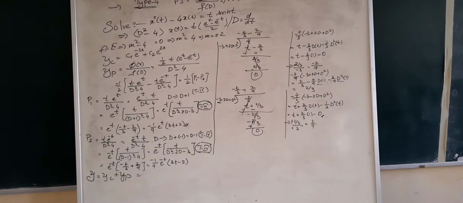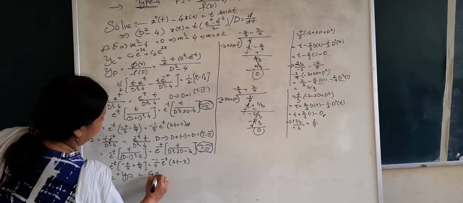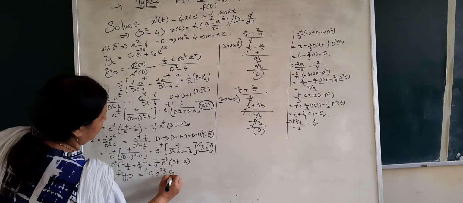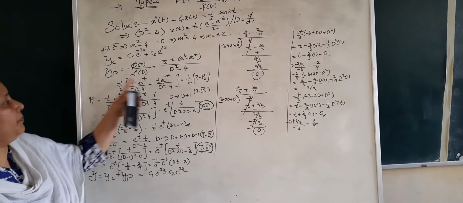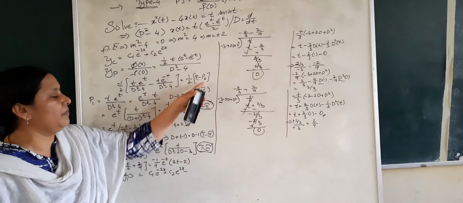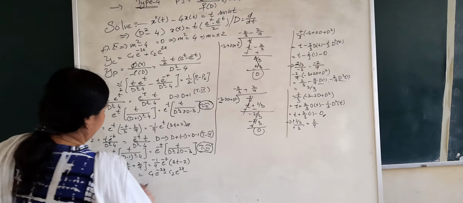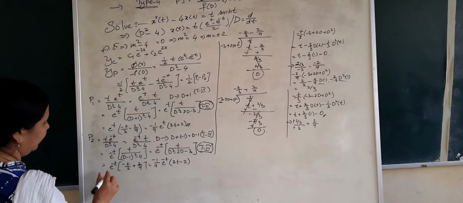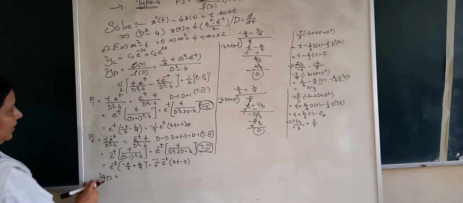Okay, let us write the yc and yp both here. So my yc is c1 e to the power minus 2x plus c2 e to the power 2x. Now coming to the yp, it is 1 by 2 times of p1 minus p2. Therefore, we will do one thing to avoid the confusion. First, let us write what is yp alone and then we can write the yc part and yp part together.